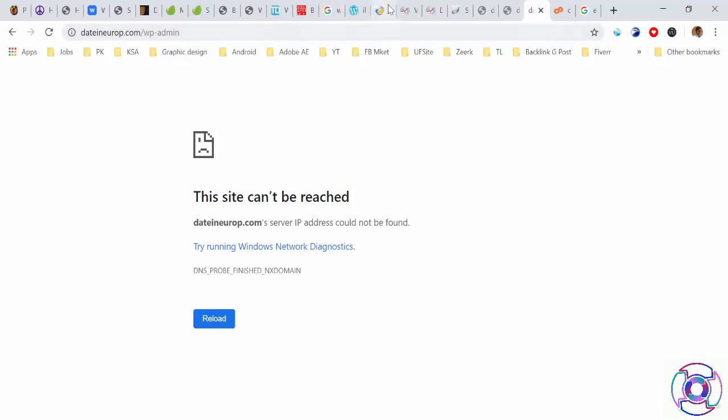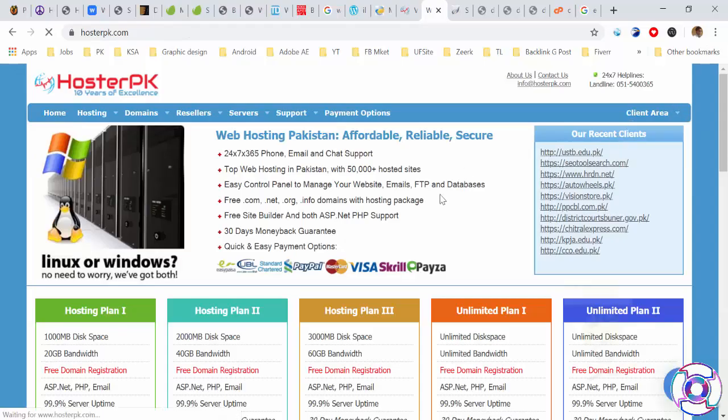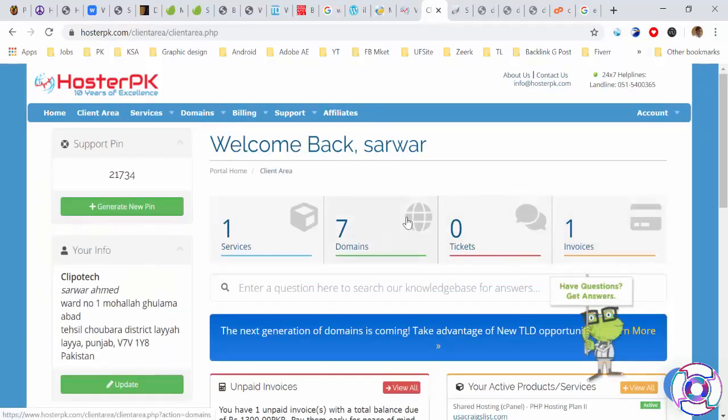So if I click home and login and invoice, we are going to check our domain here. This domain is still pending, so we are waiting for the hoster team to set up the domain for me. It will take 24 hours to set up the domain. In the next video we are going to run our domain. We'll meet in the next video. See you guys.